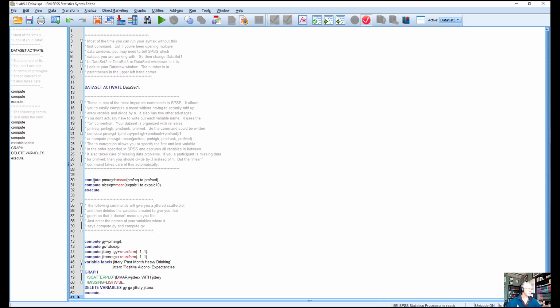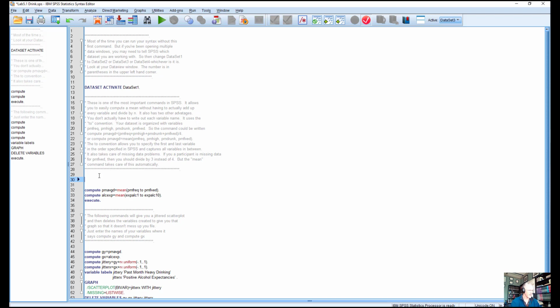And if you want to take it on to other programs, some other programs operate with the constraint that variable names have to be within 8. So I always like to keep it at a maximum of 8. Then it says, okay, so I've named my variable. Now it's going to be equal to the average. That's the arithmetic mean, and so the command is mean. So I write in mean.